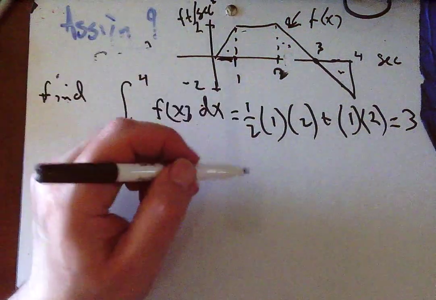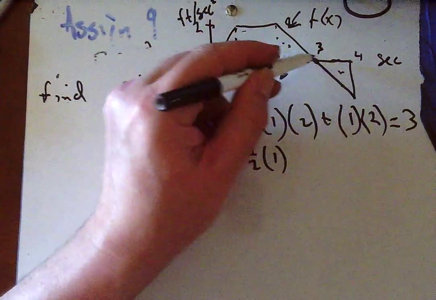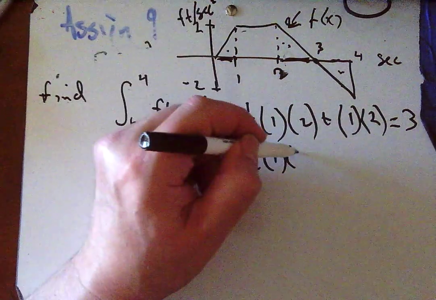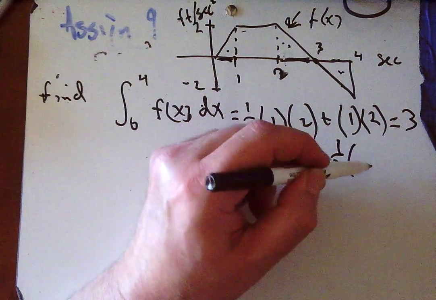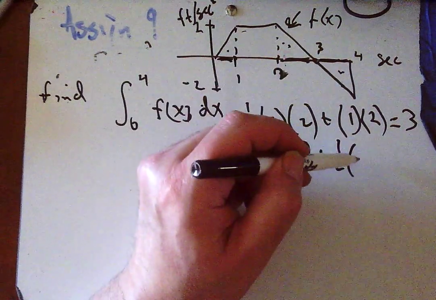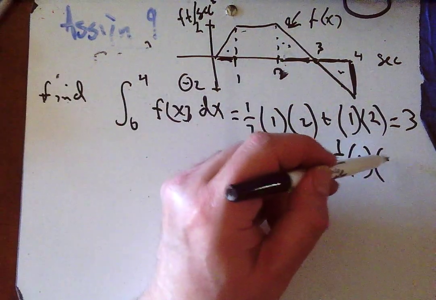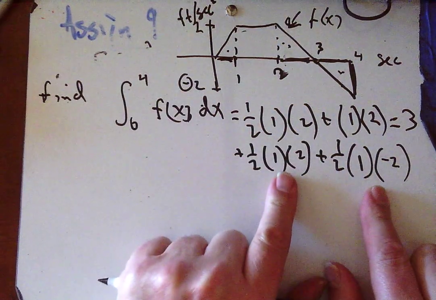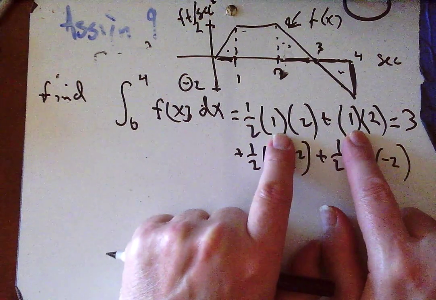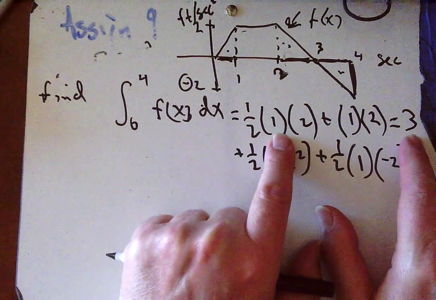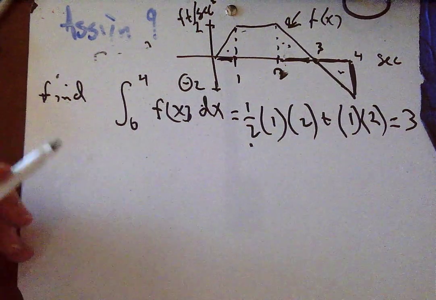I can continue and say, oh look, I have this other one with a base of 1. 3 minus 2 is 1, times the height of 2. But then here, I've got 1/2 a base of 1. 4 minus 3 is 1. But what's the height? The height here is -2. And so these two triangles cancel each other out, leaving me just 1 plus 2 for 3. Okay? So the value of the integral is 3. Great. What about